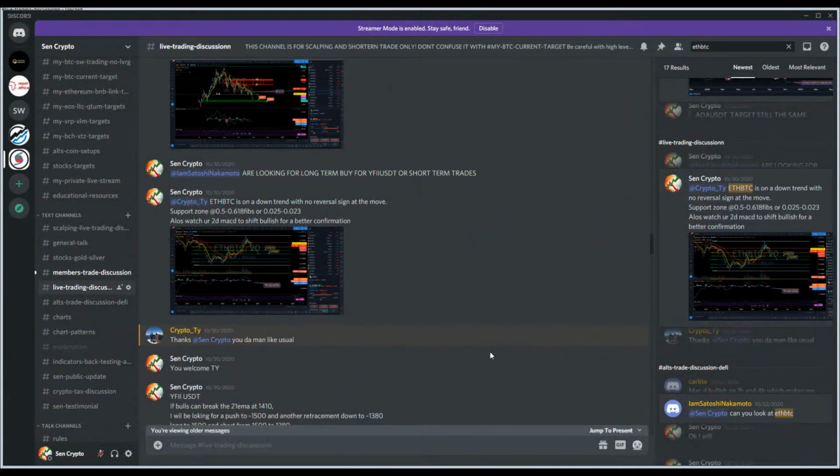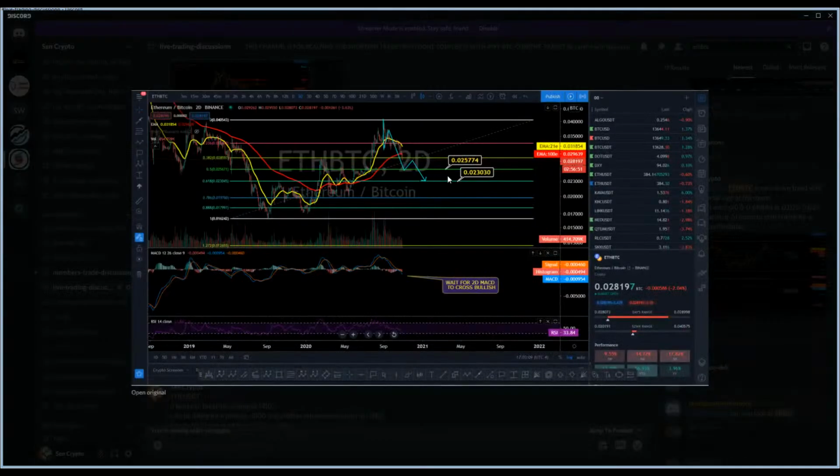Okay, so Ether, you can see it right here. This was back in October, October 30th. It's almost 2 months ago, when Ether was at 0.023. We said we're going to drop down to a 50% pullback, then pump back up to 0.382, but Ether got pumped overextendedly up to like 0.031, and we're going to drop down to 0.023.